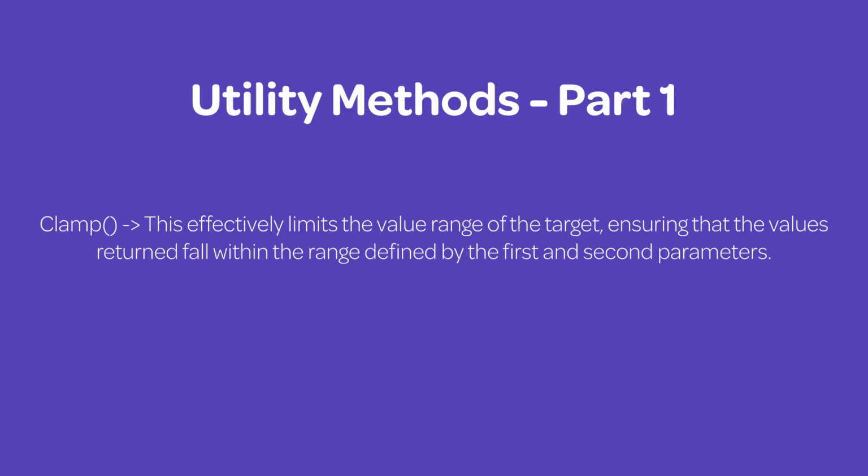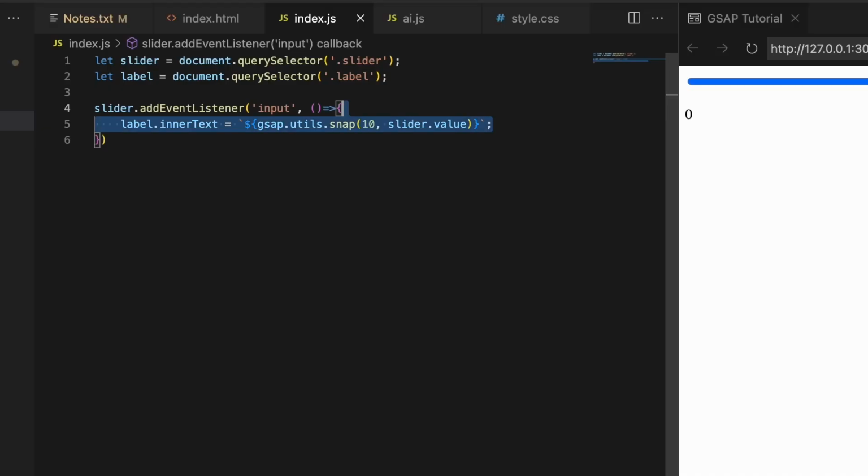Next up, we're going to learn about the clamp method. This pretty much clamps the value range of the target and returns the values between the first and second parameters. For example, first remove everything inside the callback function and create a variable for the clamped value initially. It equals